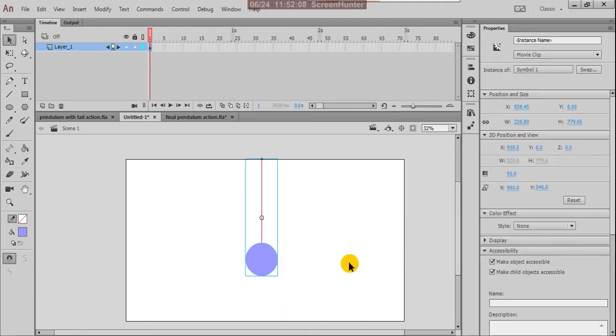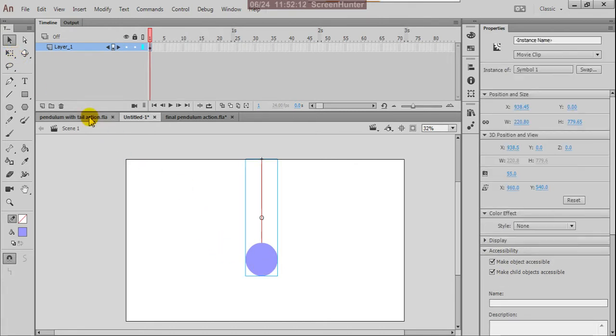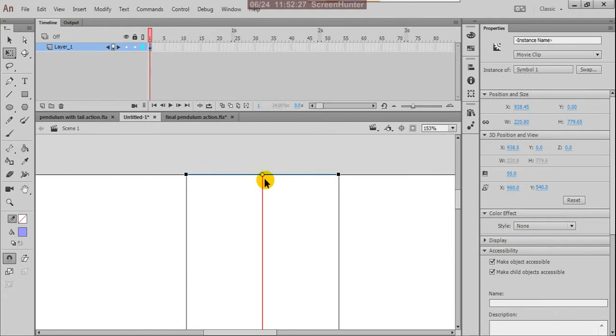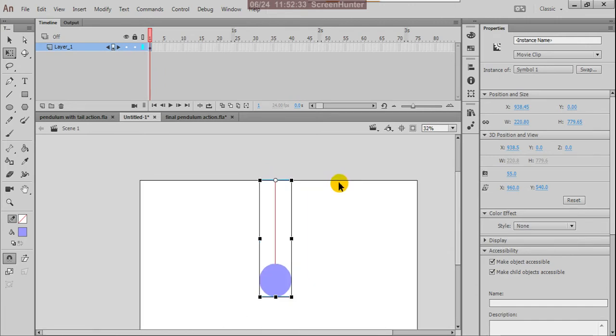Okay, now click this and press on the free transform tool. So you'll get the free transform tool, then you can double click on that, so that it will reach this corner, because we already used the registration point at the top. Okay, next what we do,